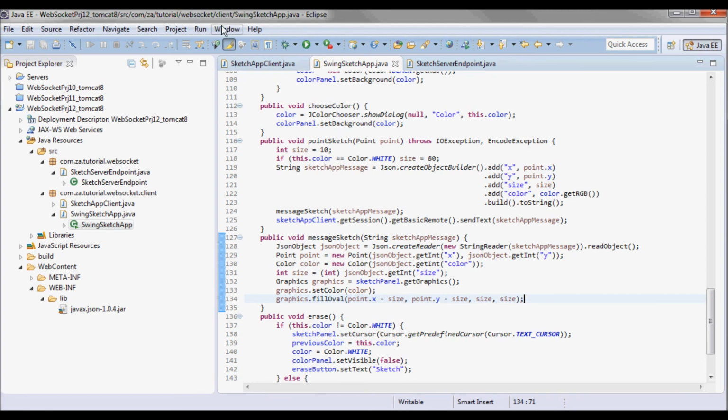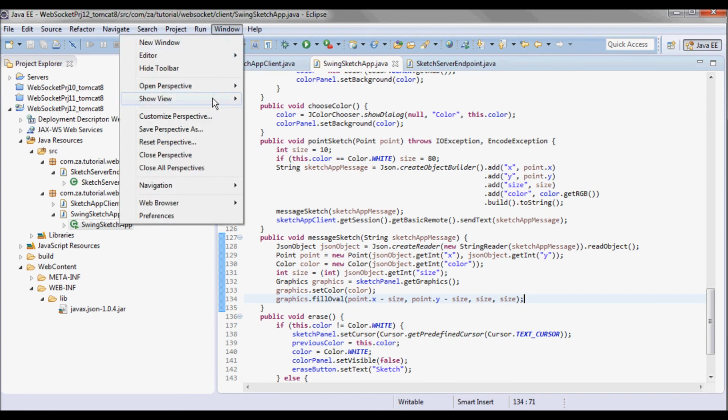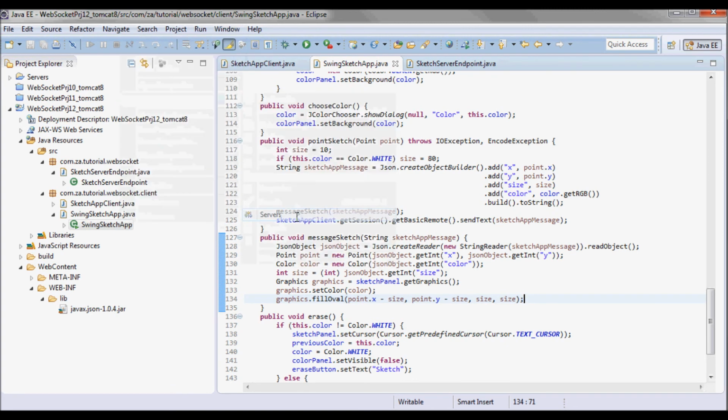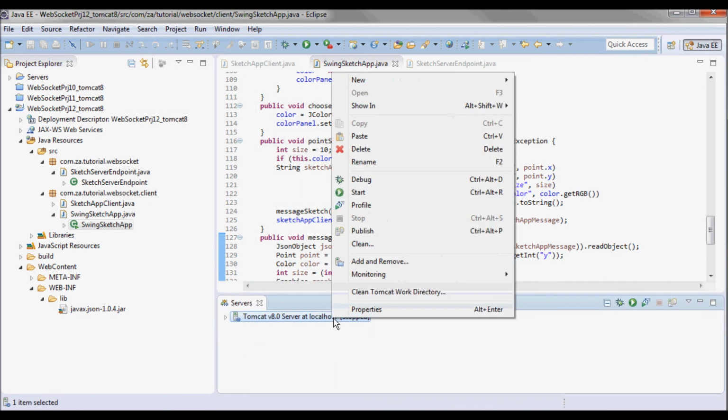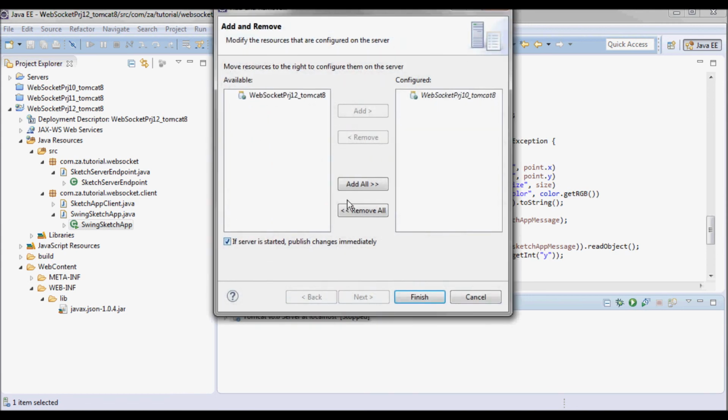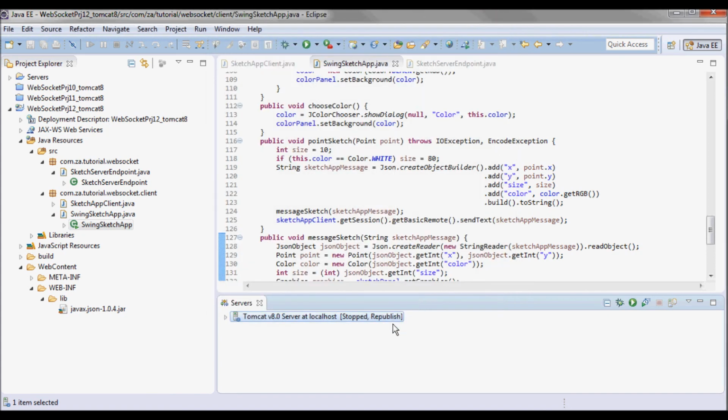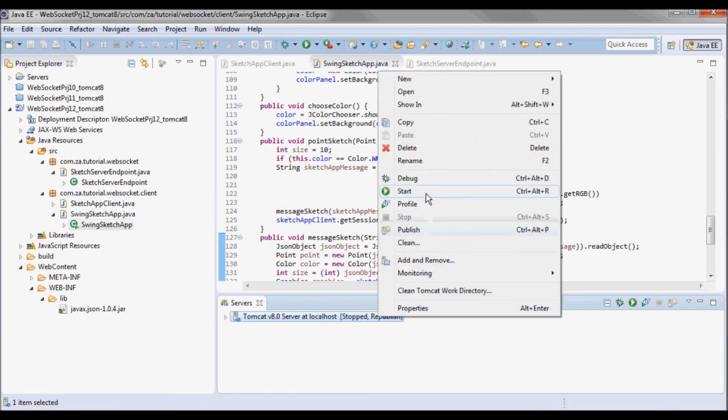Next, let's go ahead and test run it. So let me add and remove, and we need this one. And let's start it.